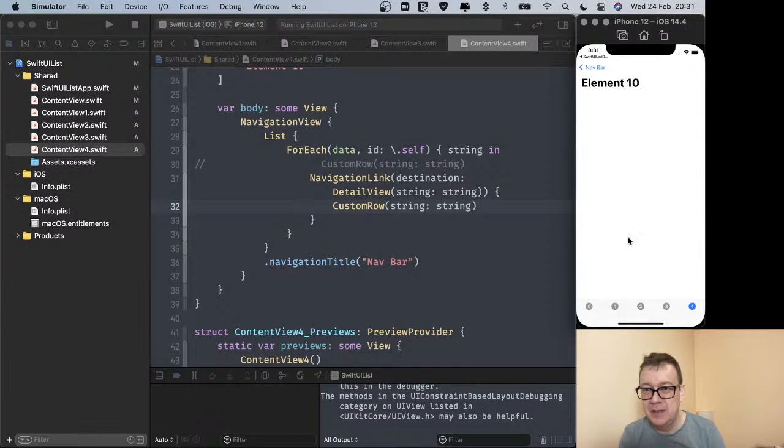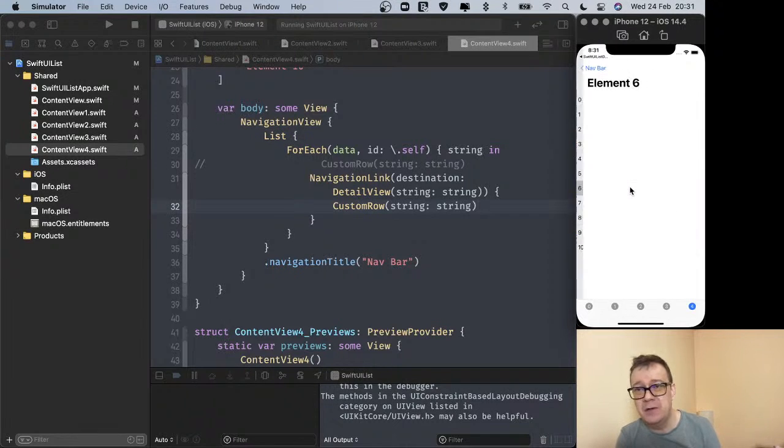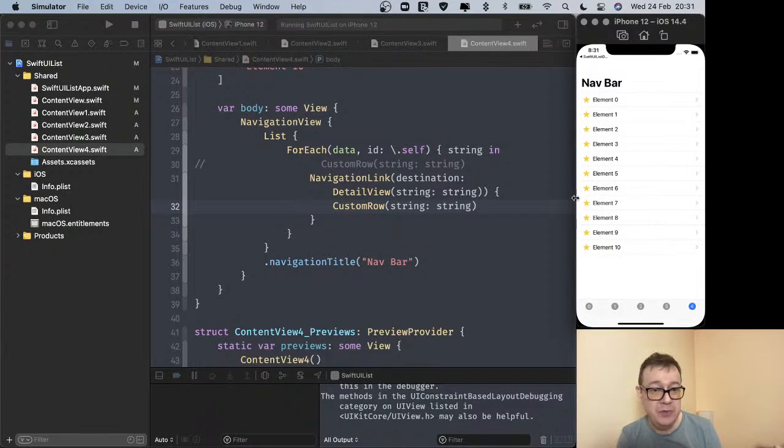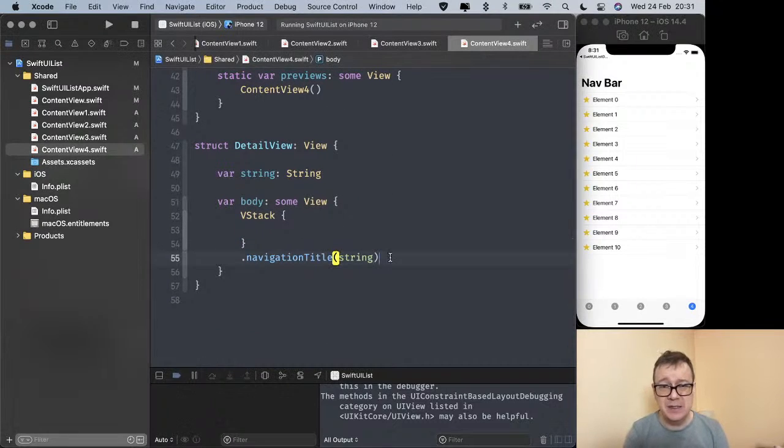Let's tap on element 10. Great. Okay, but what if you don't really like this back button? You might want to remove it. Also, you do want to navigate back. So as a bonus, I would just give you this. And let's just add in here, first of all, let's go with removing the back button. So dot